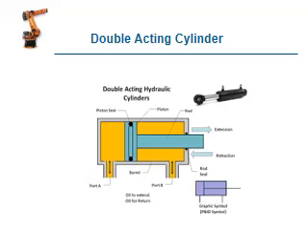This is a double acting cylinder. Both extension stroke and retraction stroke are run by oil only. If the oil enters port A, it is the extension stroke; if oil enters port B, it is the retraction stroke. This is the symbol of the double acting cylinder.